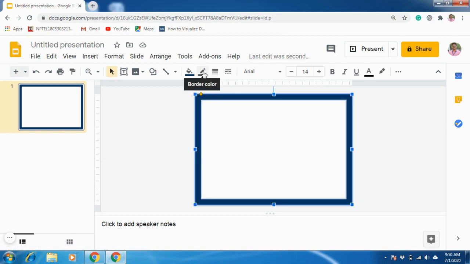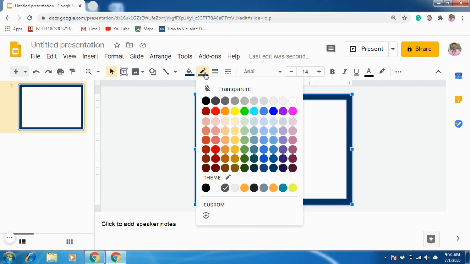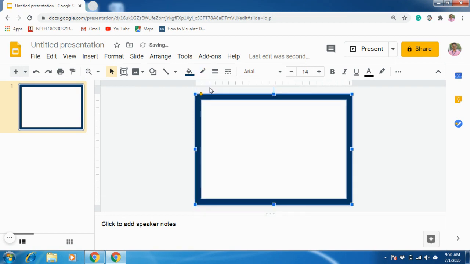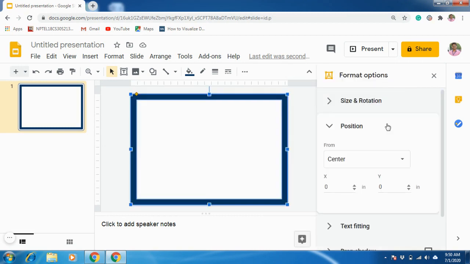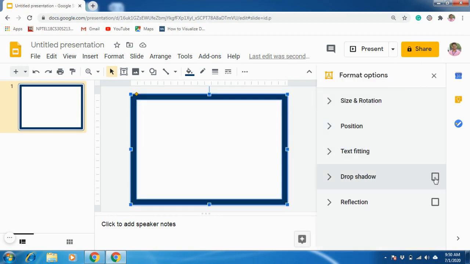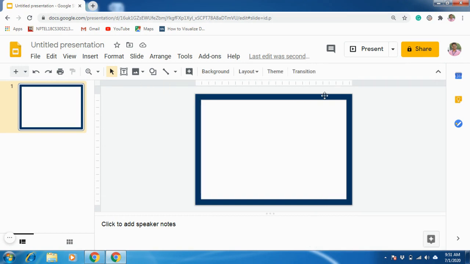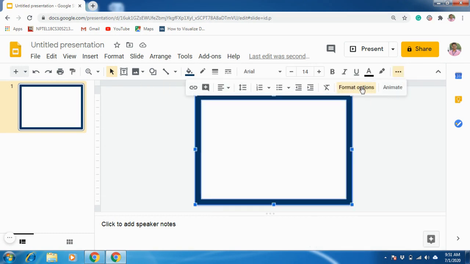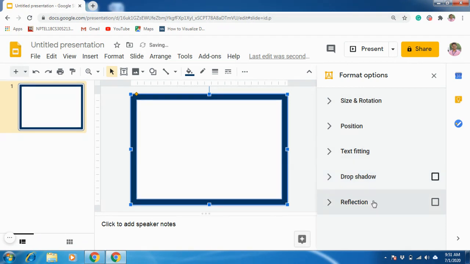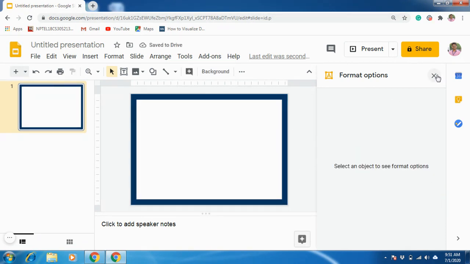And you can do more changes to this. Here is the option of border color. In fact, this frame is having one border, and that is black color. You can remove this border, select transparent. If I am selecting transparent, it means there is no border. Now again you select this frame, go to format options. So let us do more design. You can use this drop shadow if you want to give any shadow over here, or otherwise you can remove it. For this there is no need for any shadow, but for other images you can use this option. So this is the first step we have done.